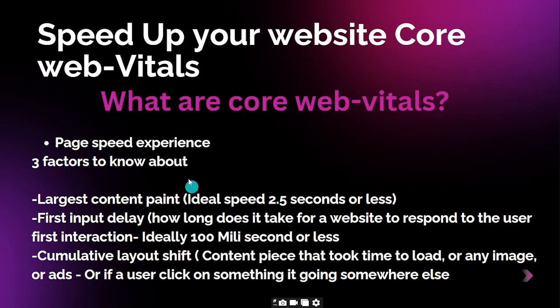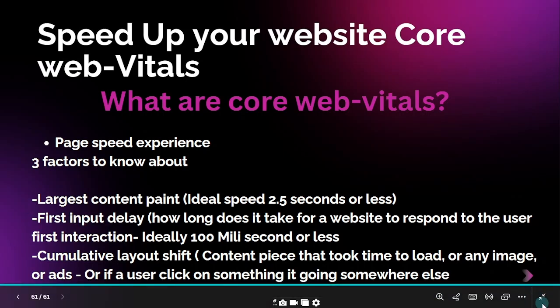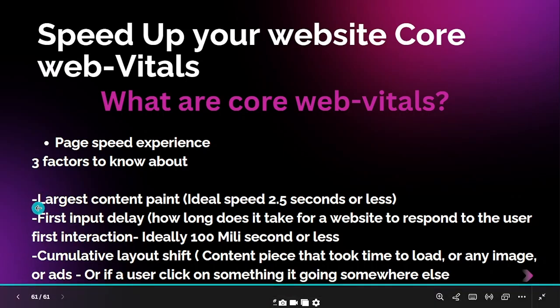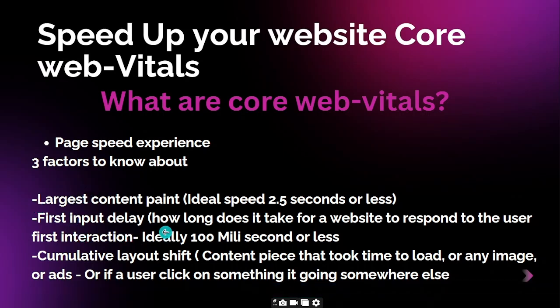These three factors come in the category of user experience, because Google always prefers user experience. That's why they give bloggers guidelines on how to produce content, how your blog should look, and the few things you need to be doing for the user, because we are here to solve the user's problems. That's what it is. In the upcoming video, I will show you guys how you can optimize these three pieces in your website.